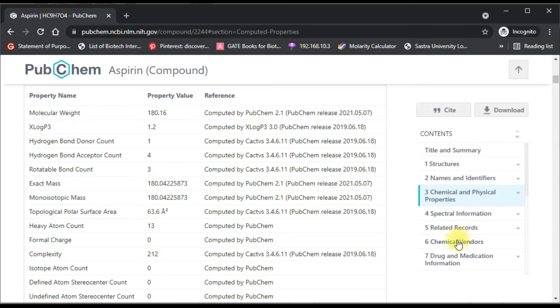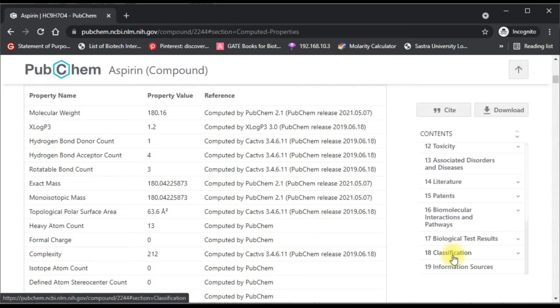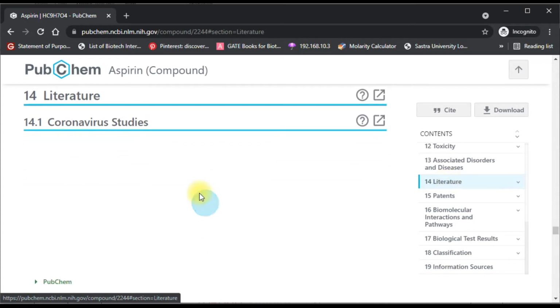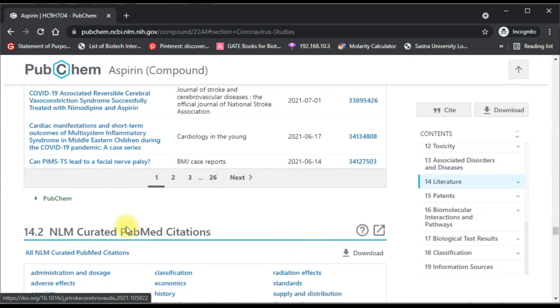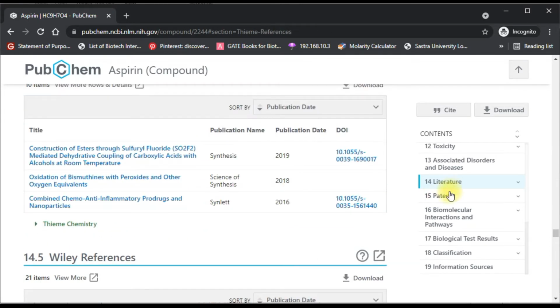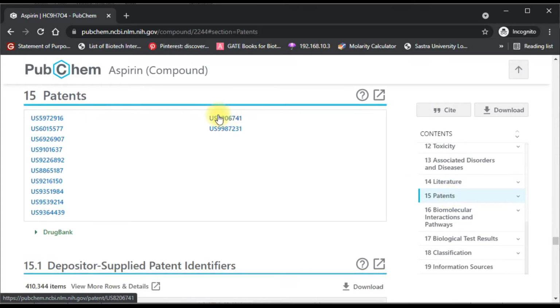You can go by here also. So these are the latest research done with the help of this compound, and here you can get to know the patent details also.